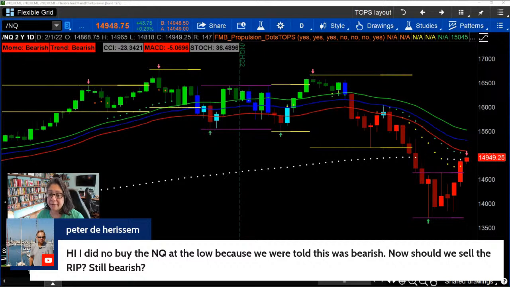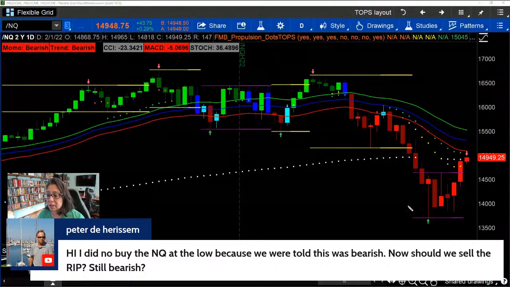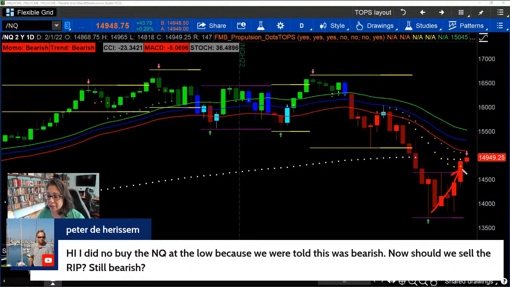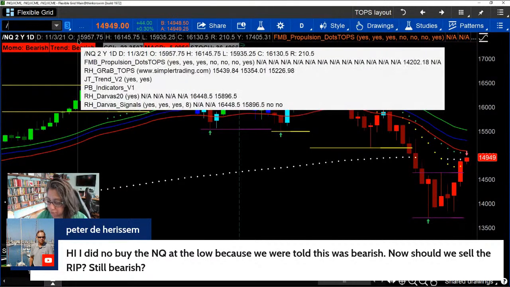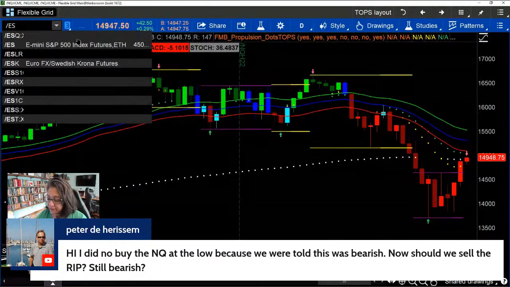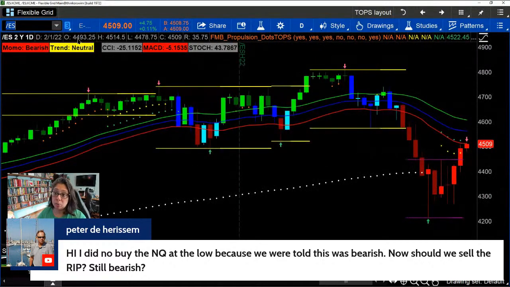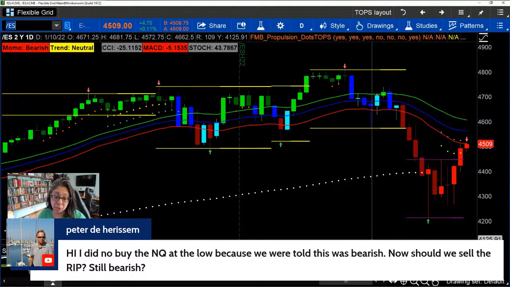Now, if you're looking for a bounce, this one is actually one I would short. In fact, I've got it on my list, RTY and NQ. The structure is bearish, right? Both the momentum and the trend. And as we head up into this area, that's resistance, gang. Now, to your point, Peter, if you are looking for an oversold level to take advantage of, right, a low, that's more S&P.